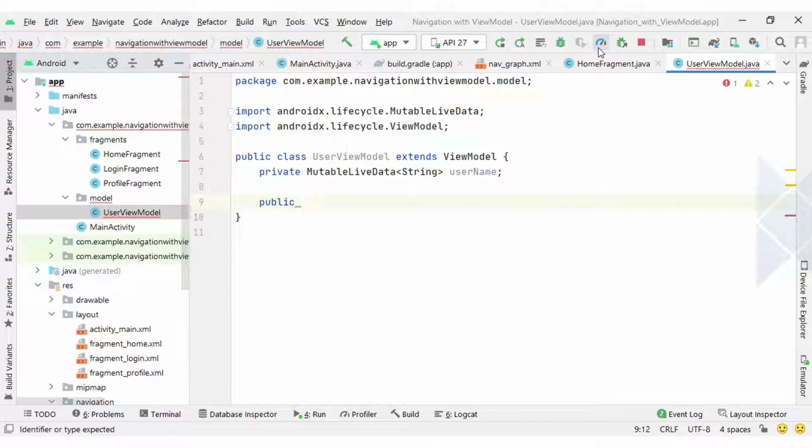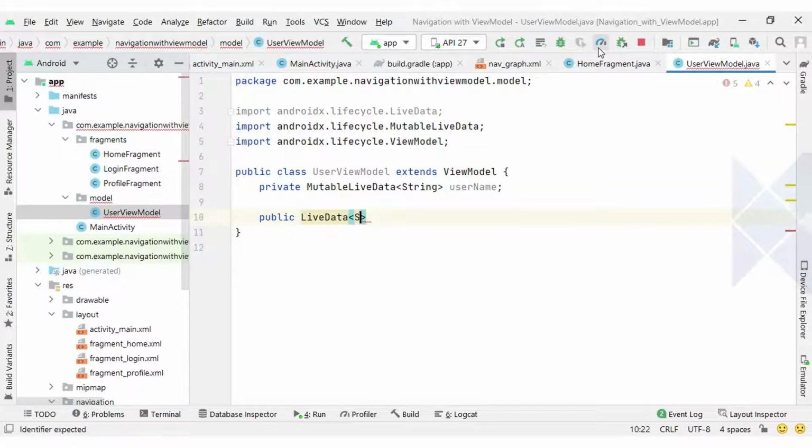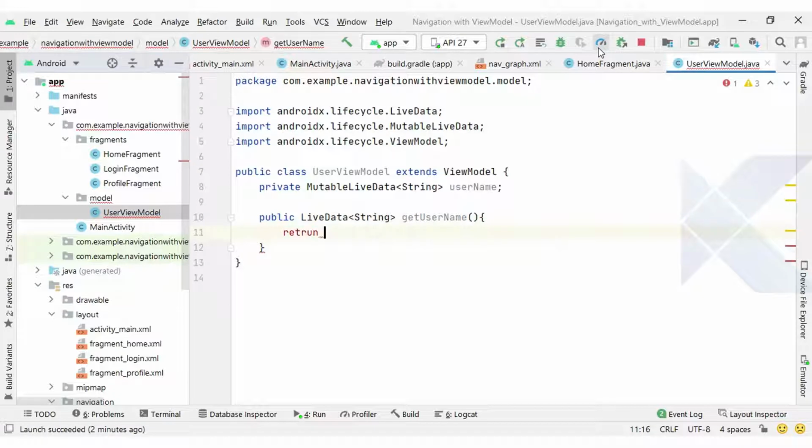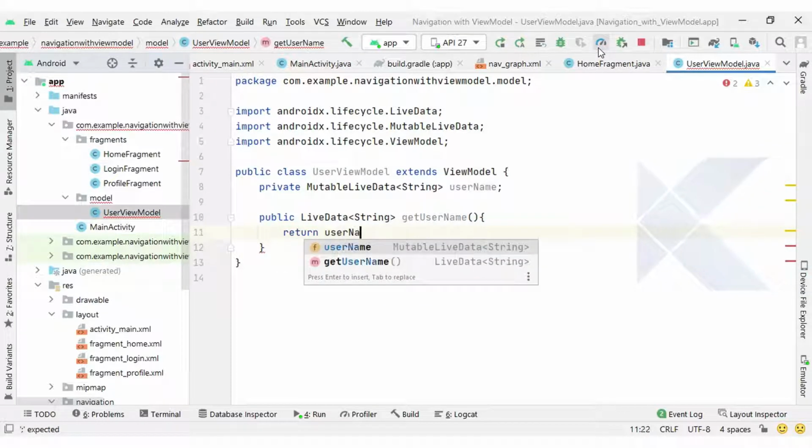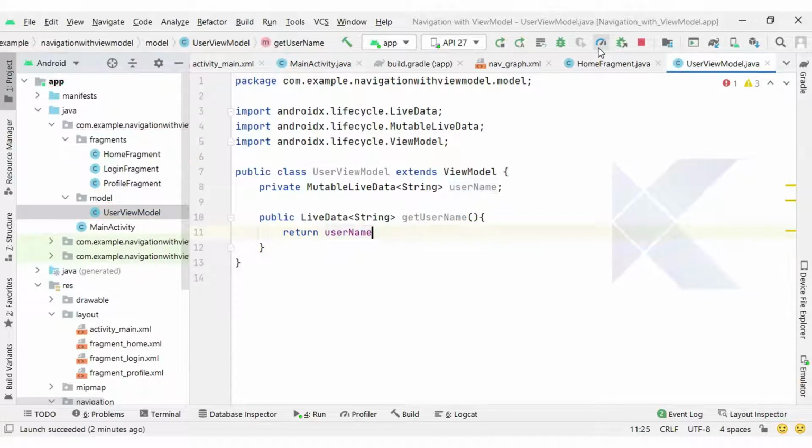So public LiveData String getUsername. This is the getter method, and it will return username. But before returning the username, we need to confirm whether it is initialized or not.